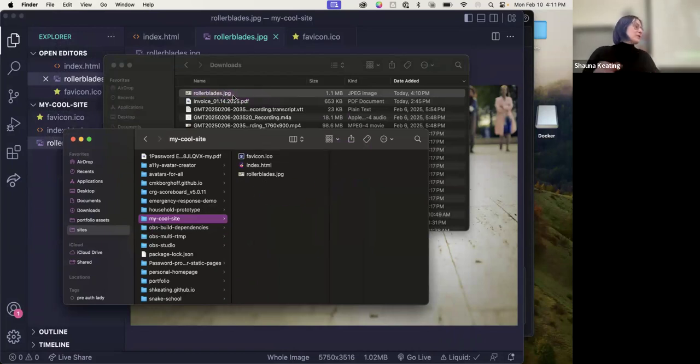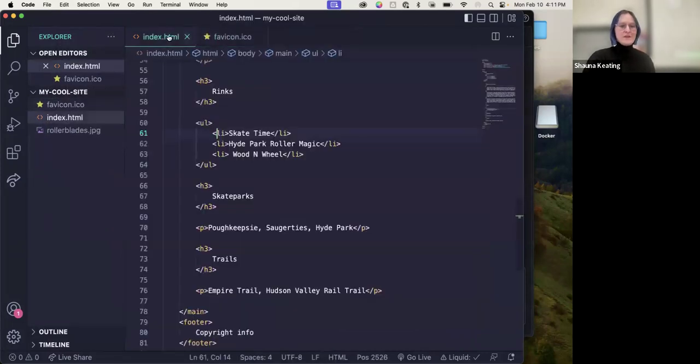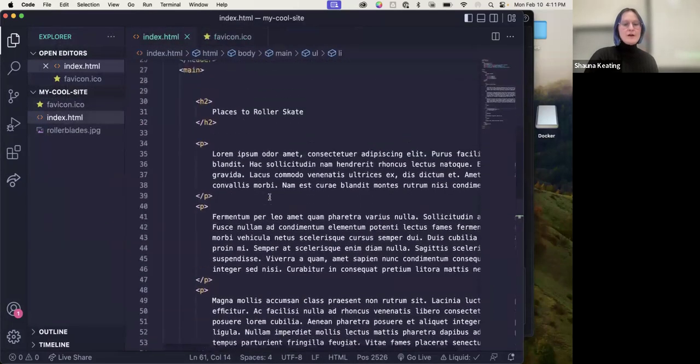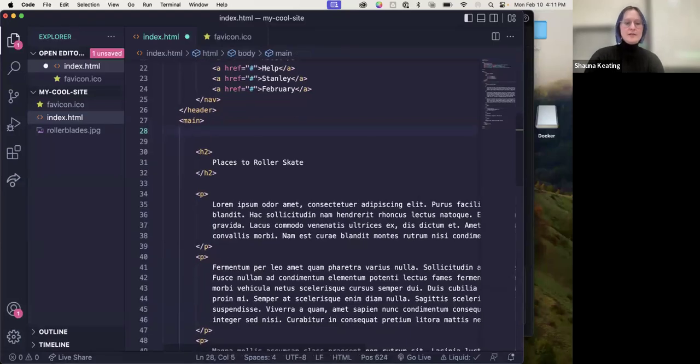You just need to make sure you put the image in the same folder as your index.html. Not that deep. The index.html just needs to be able to find it in a reasonable way. And keeping it in the same folder is the least amount of work. So if I wanted to, at the top of my page, add in an image,